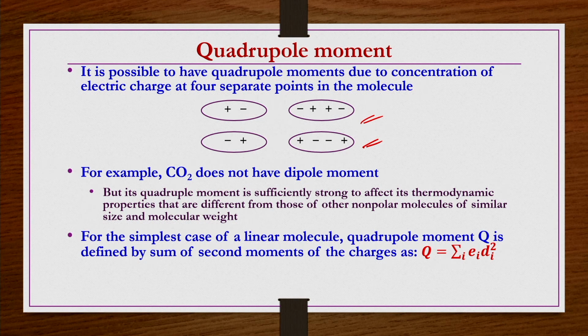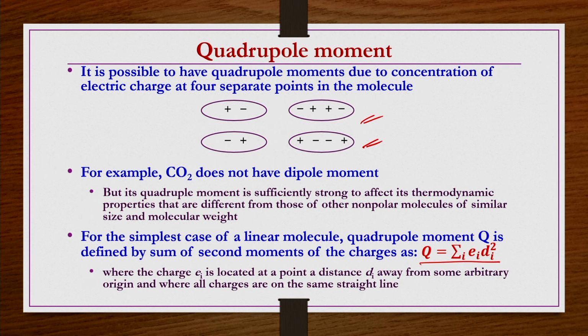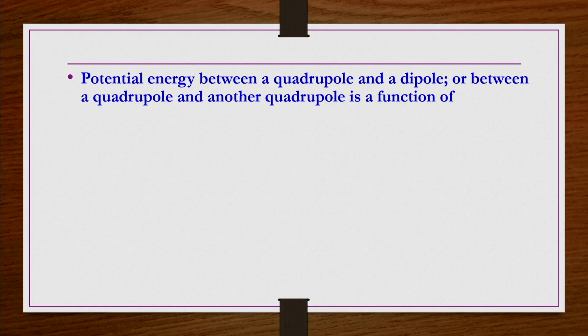For the simplest case of a linear molecule, the quadrupole moment Q is defined by the sum of second moments of the charge as Q equals sigma e_i d_i squared, where the charge e_i is located at a point, a distance d_i away from some arbitrary origin, where all charges are on the same straight line. Okay. So, the potential energy between a quadrupole and a dipole or between a quadrupole and another quadrupole is a function of